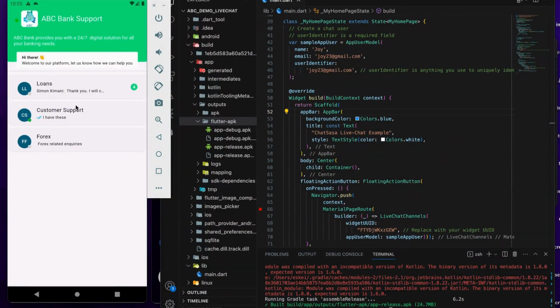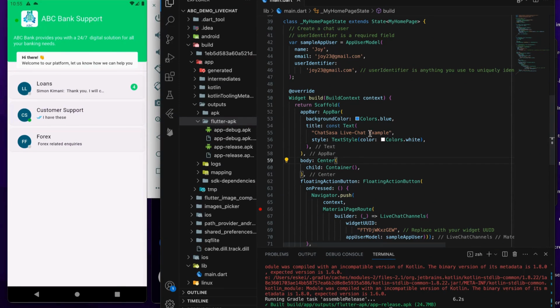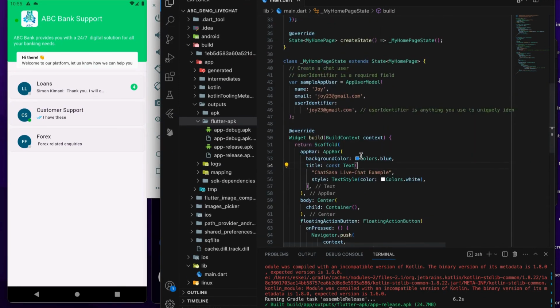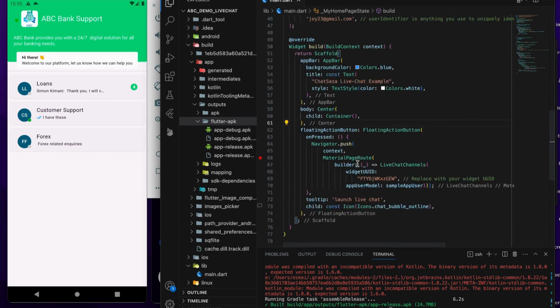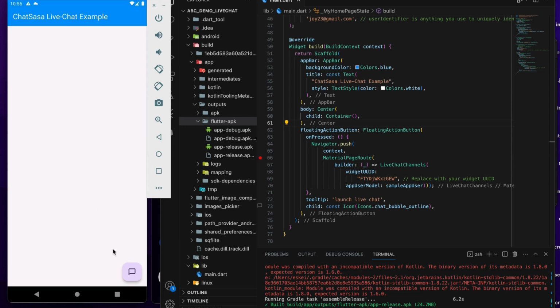With very minimal lines of code, we have been able to integrate, or add, the Flutter SDK to our application. And we have enabled users in our main application here, with just a click of a button, to get access to instant and live messaging functionality. So with that,